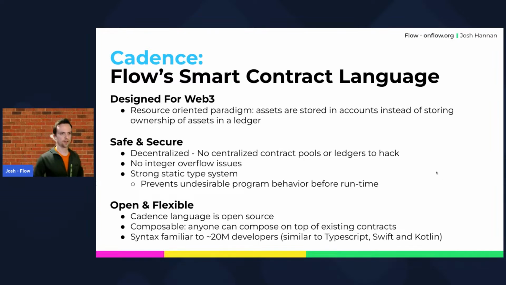And so that's where Cadence comes in. Cadence is the smart contract language that is used on the Flow blockchain. From the very beginning, we designed Cadence specifically for Web3. Like I mentioned before, we have this resource-oriented programming paradigm